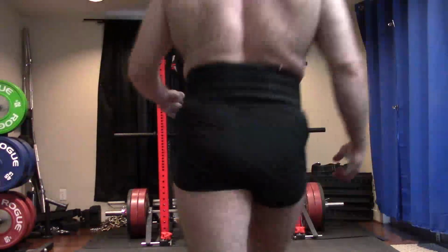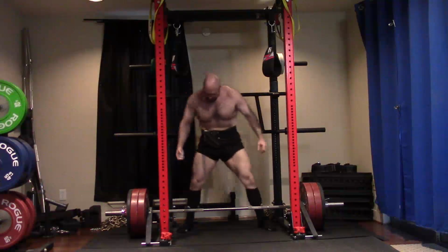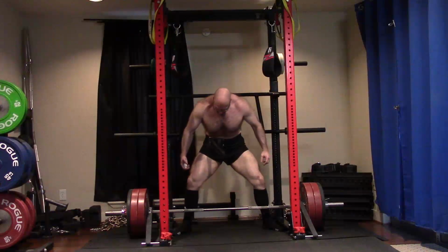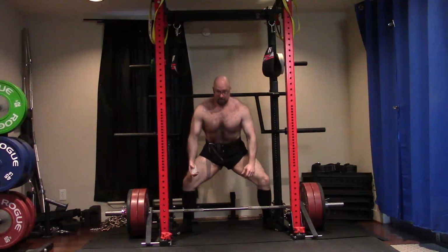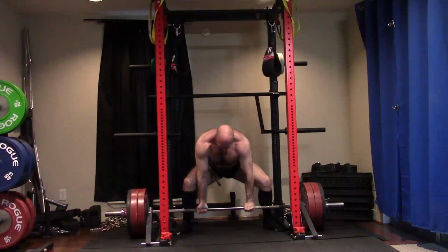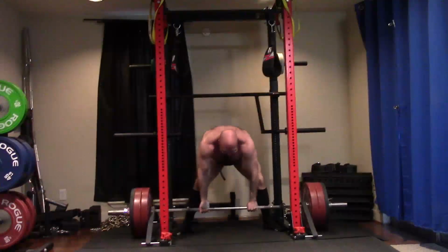So, over to the speed pulls. I messed around with it and realized I can get into a pretty good sumo position a little bit more now that I've gotten a lot better at doing those deeper boxes. It feels like it's helping my hip mobility to some extent. The first rep was a little meh, but the later reps,